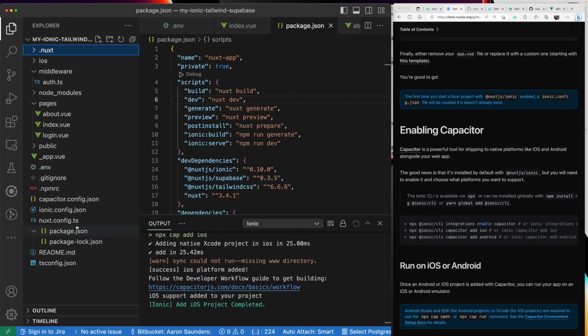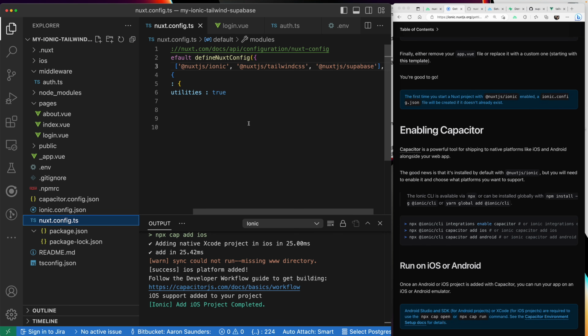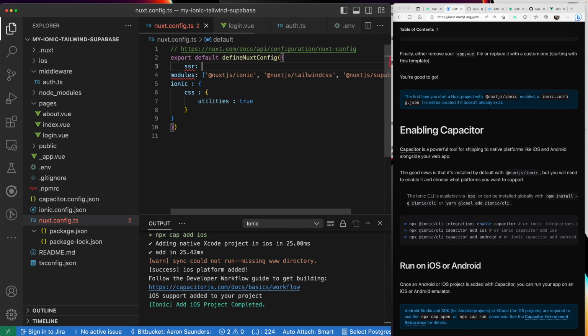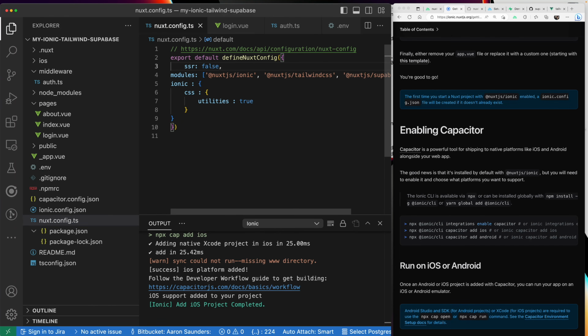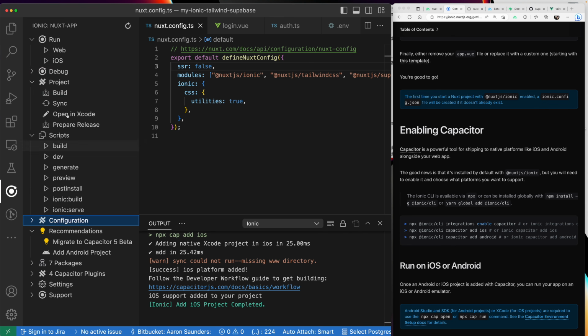And the last thing that you need to do is make sure you go inside of your Nuxt config. Where's my Nuxt config? And what's going on here? Oh, there we go. And you want to set SSR to false. This is the configuration that I found that works best. So now when I go to my Ionic and I click build,